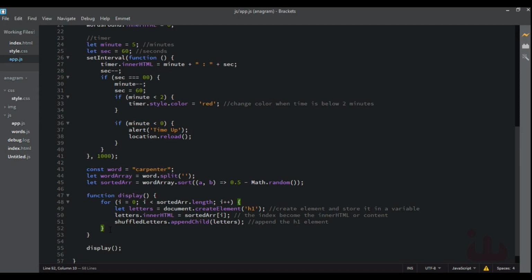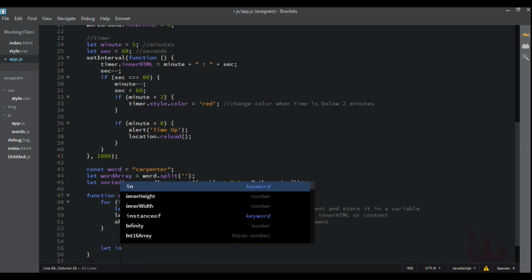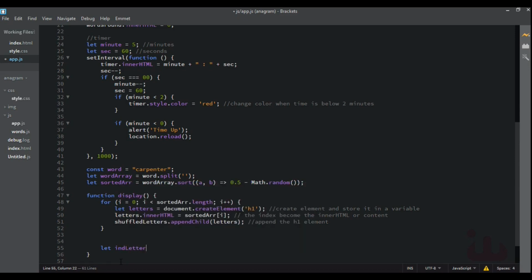So we go back into the display function, not outside the display function. All these things will now be happening inside the display function. So we select them just as before. Let me say int letter, for individual letters. So let's use the variable int letters. It's just something I came up with, individual letters. Let me say int letters be assigned to